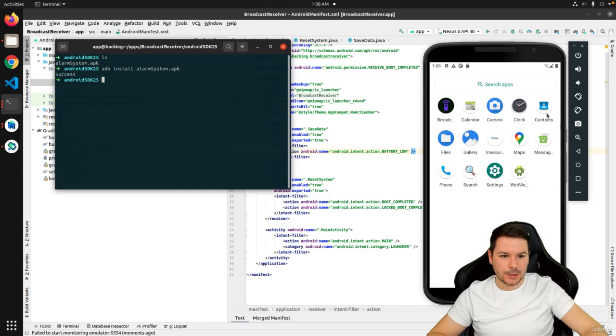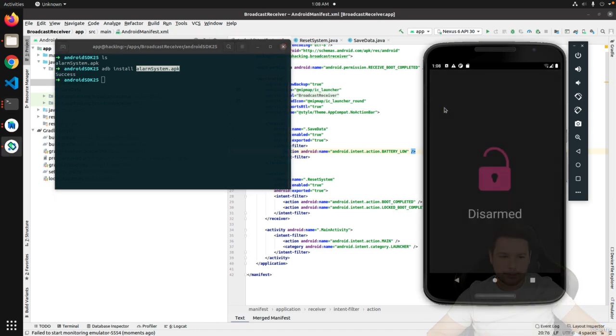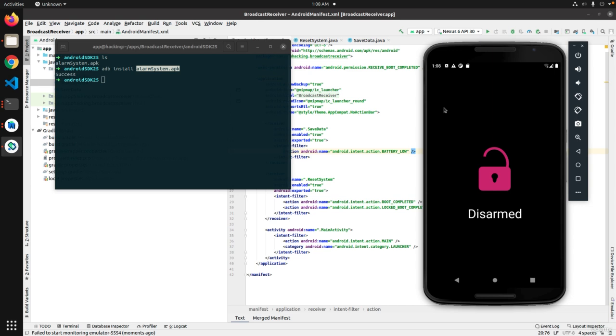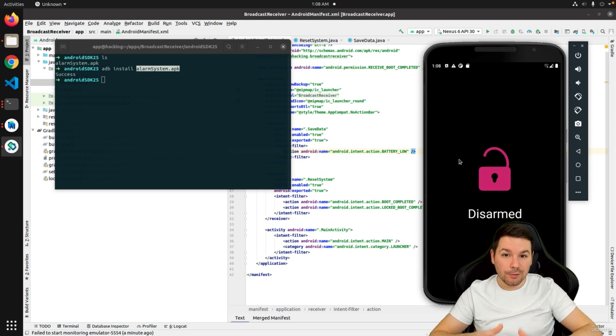Okay, back to the emulator. Here we have now this amazing icon. I mean, we've got an APK named alarm system. We've got this alarm icon. So let's see what this application might be. There we have it. We simply just got an icon and some text over here which claims this alarm system has been disarmed. So the whole functionality of this application is, beside having those two lame broadcast receivers, we are